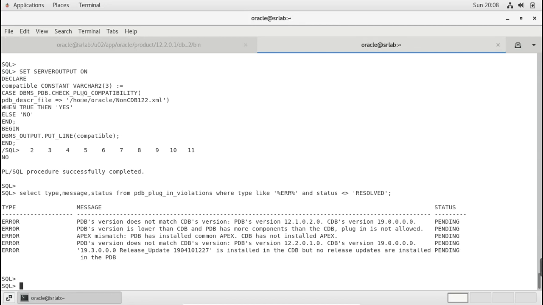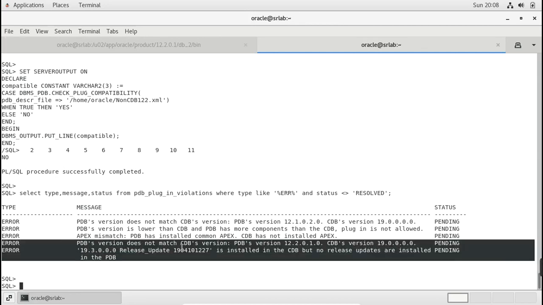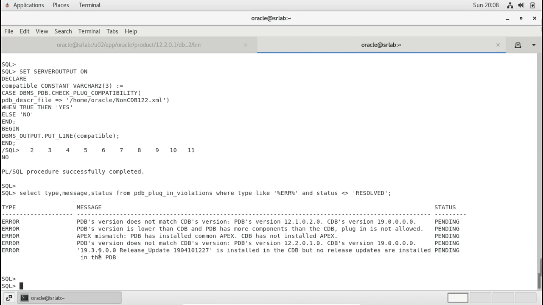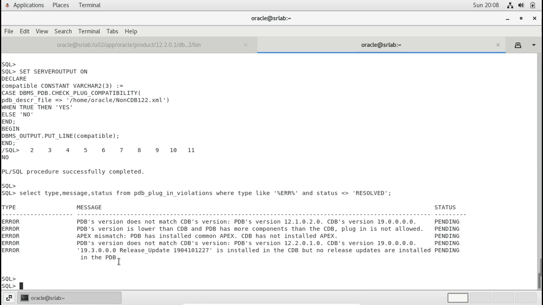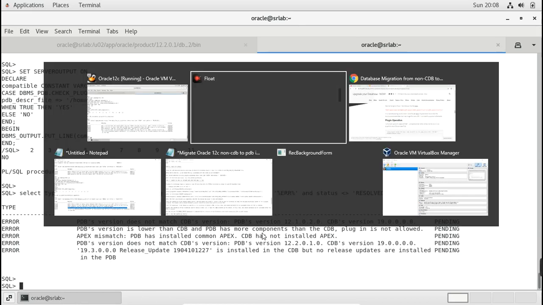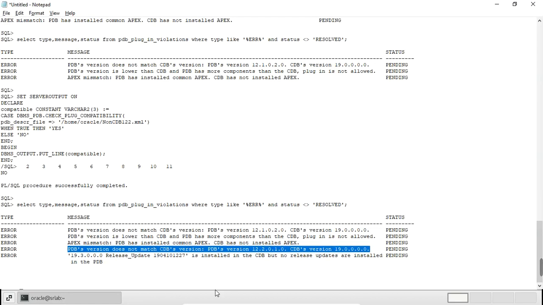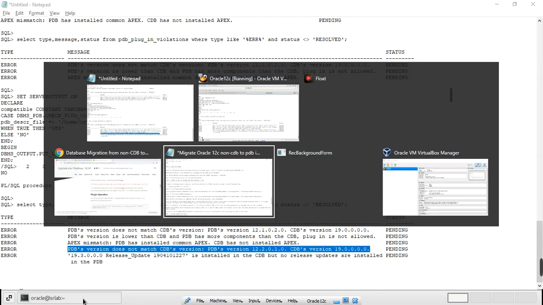Here I have checked the manifest file for version 12.2. We got these two: PDB version does not match CDB version, PDB version 12.1, CDB version 19. We can ignore this one, and this also we can ignore. So we will simply ignore these and proceed with the migration steps.